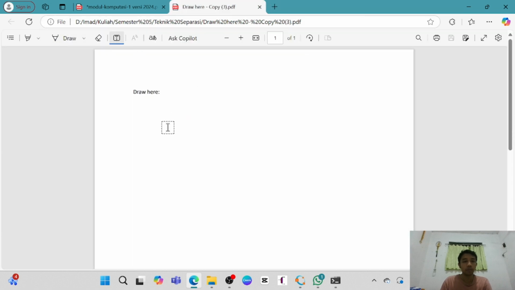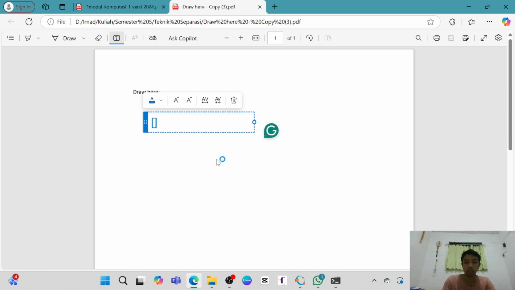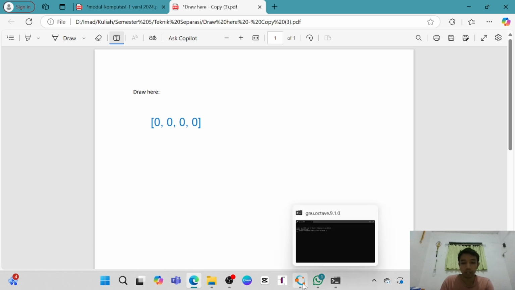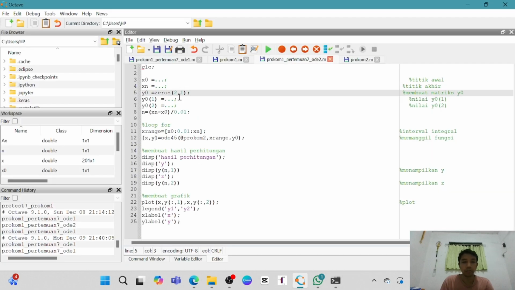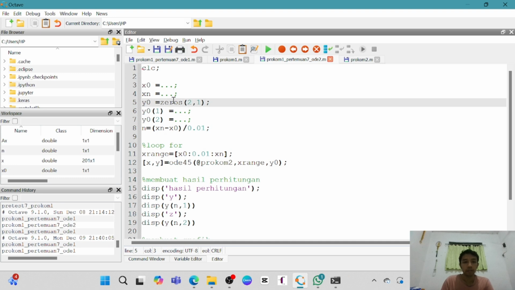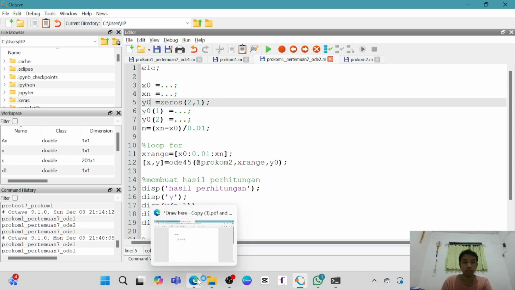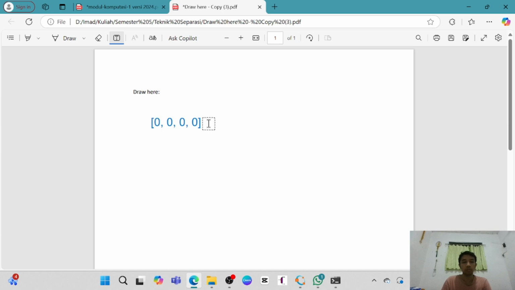If we have the matrix, the zeros is like this: 0 0 0. If we have four values for the matrix, the zeros is all 0. Okay, if we have the matrix zeros 2 and 1, this is a two-dimensional matrix, then we translate it into this. 2 is the row, right?